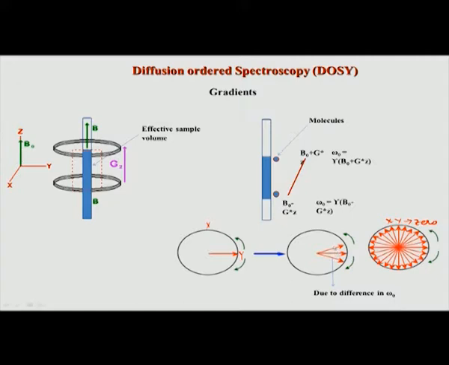This dephasing continues, and after some time all the magnetization has fanned out in all the xy directions, because each molecule, from this end of the sample to this end of the sample, has a different omega 0. They go out of phase, they are not moving together and they become completely dephased. Therefore, if we record a spectrum at this point, we will not get any signal from the sample, because the total vector addition of all the magnetization is now equal to 0.